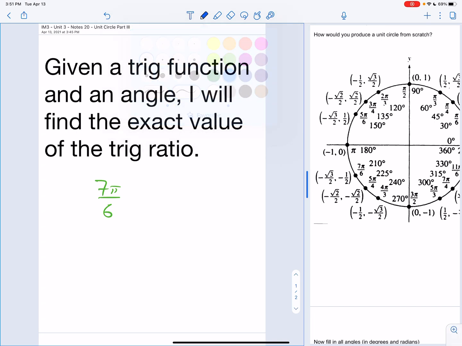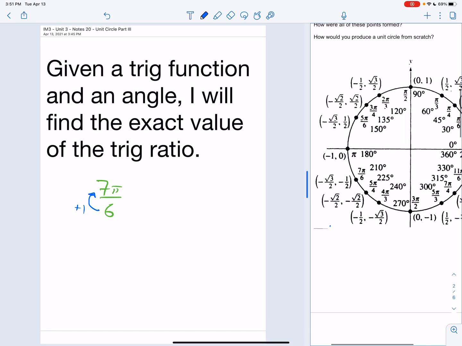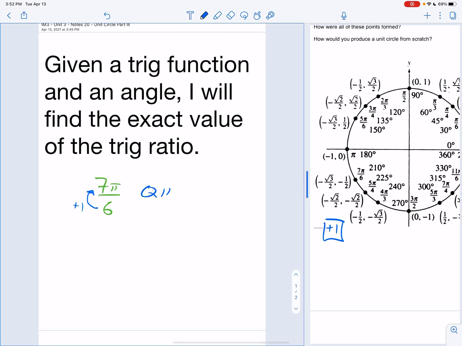So when you look at this, you notice that the numerator is definitely one more than the denominator. So the only time you add 1 to your denominator is if you're in the third quadrant. Okay, and that's something that you want to train yourself to do. So you know that 7 pi over 6 is somewhere in the third quadrant. Okay. So for instance, if I gave you